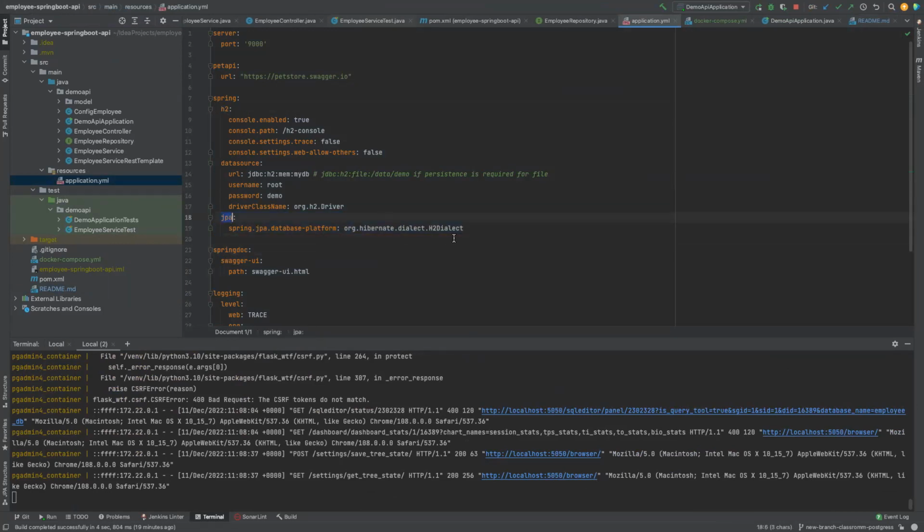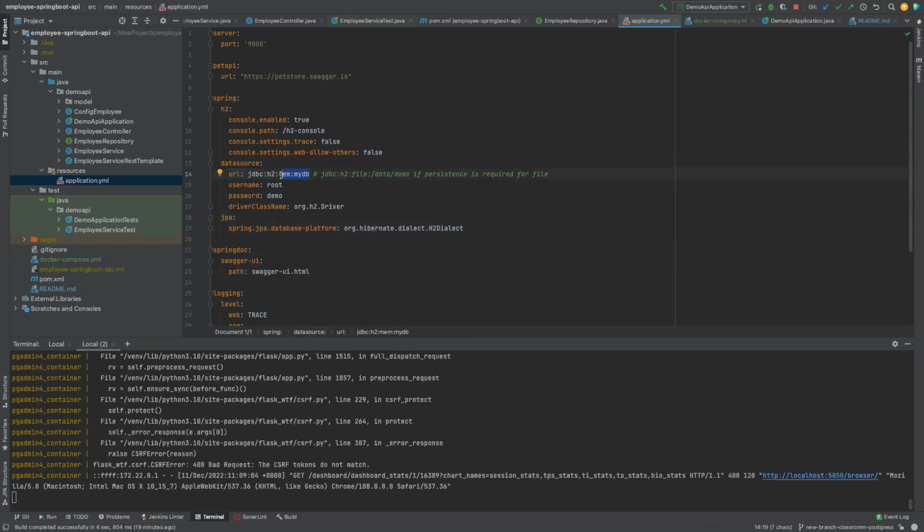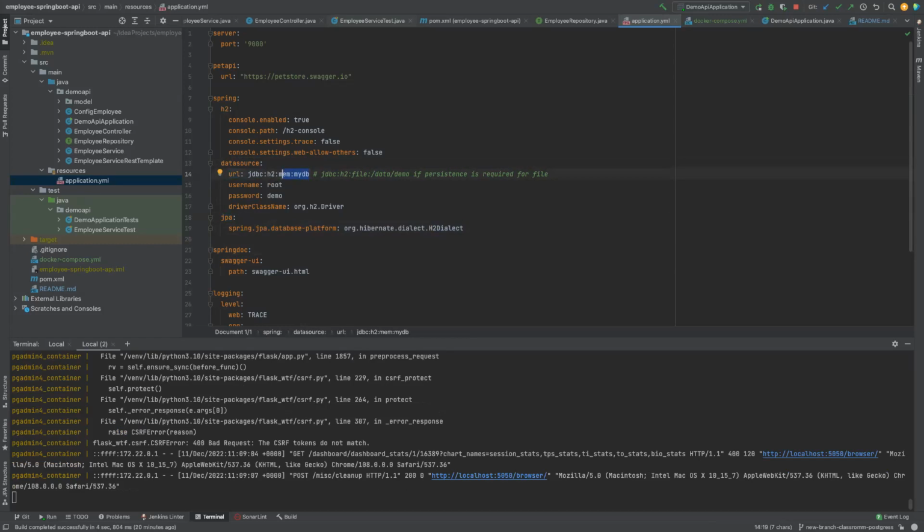यहाँ पे मैं कह रहा हूँ JPA H2 dialect, that means go to H2 dialect, and then the data source I am saying URL JDBC H2 memory mydb. This is what I'm saying here, and that's the reason everything is going inside the H2 database, and I want to change it. So what I will do is I will put some more configuration. Let me show you that. So I will go back to my YAML file, and instead of H2 database, instead of doing this,